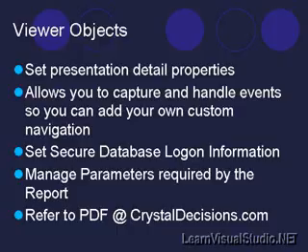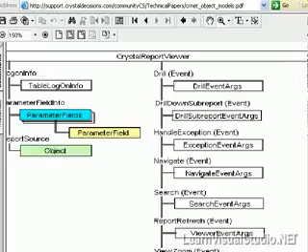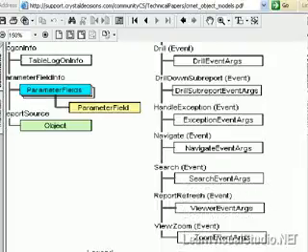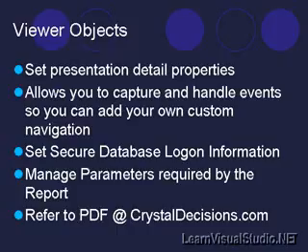One other quick note, this document in several places will say don't mix object models. There is some overlap in functionality between the viewer objects and the report document that allows you to modify various aspects of the report. They suggest that you choose to do that in one or the other, but don't modify some of the properties of the report in the viewer objects and then some of the properties using the report document. They never exactly spell out why. I haven't tried it myself, but that might be sound advice if there's some sequence of events